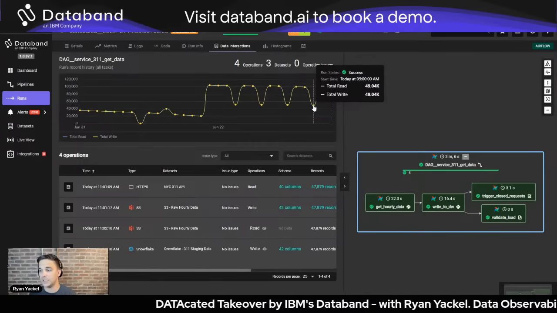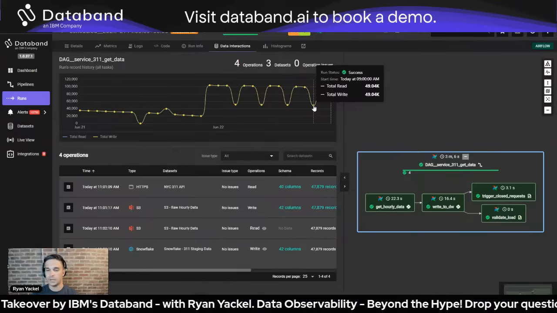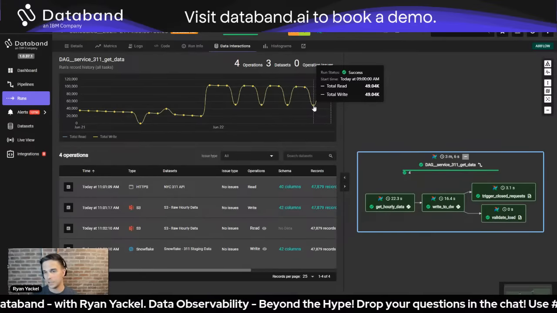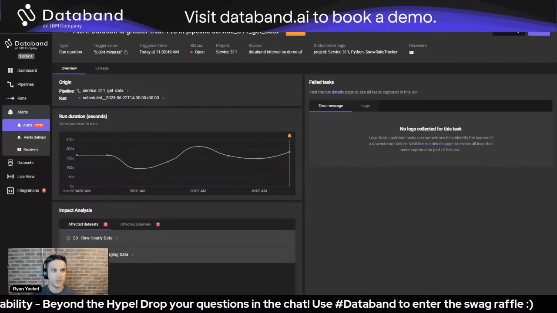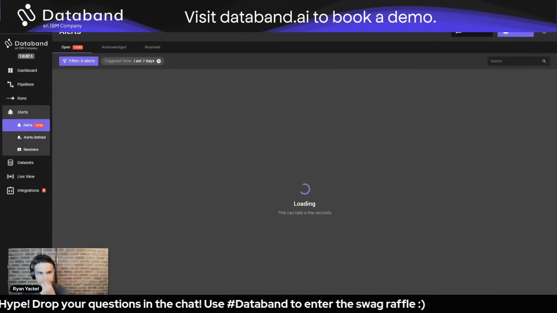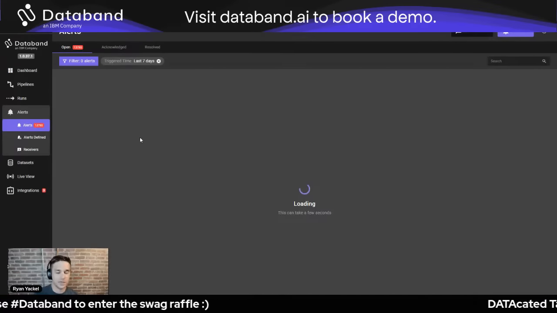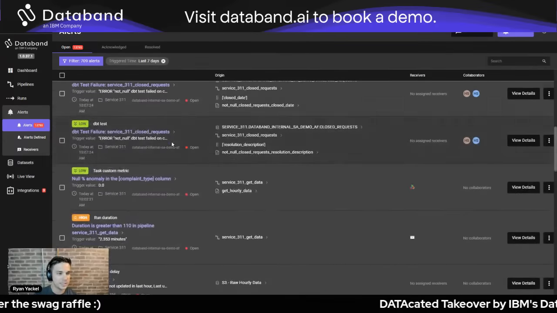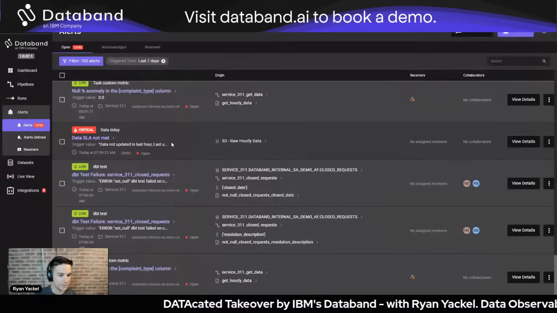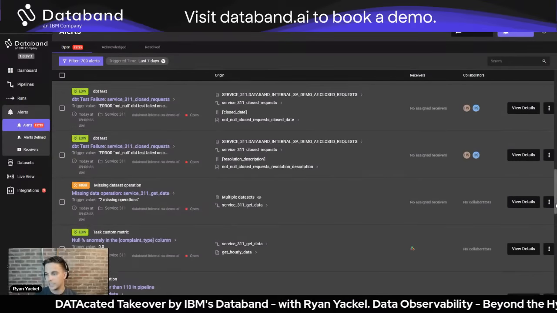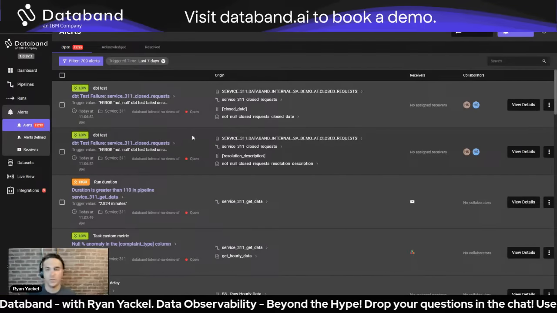So that's an example of a data engineering person that is actually going through and looking at their pipeline. It ran fine, but they may need to bump up the resources that are a part of that. If I go back to the alert screen, I'm going to look at a few other things here. So if I scroll down here, you can see that we've got an alert. I'm going to look for a critical alert rather, that we're having a failure. So I'll go back to that one in a minute, but let me actually show you an example